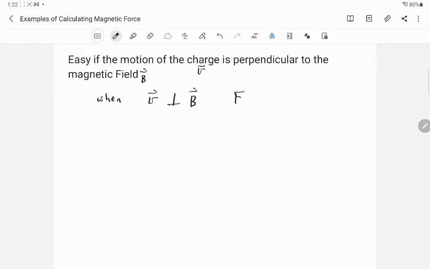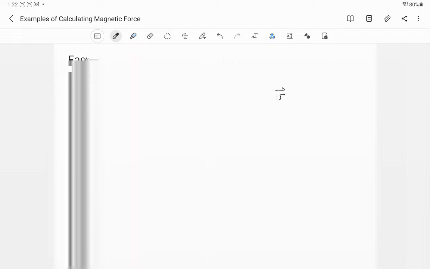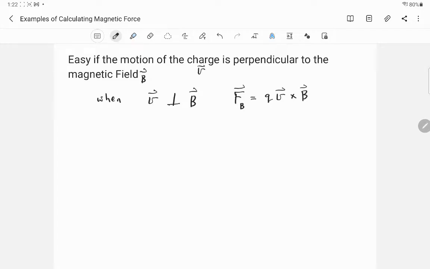So here I'm going to show you the force law. The magnetic force is: you take the charge of the object, you multiply by the velocity of the object, but you have to remember that you're going to take the vector cross product with the magnetic field that our charge is moving through. All right, so here's the force law. The vector cross product, this thing right here,